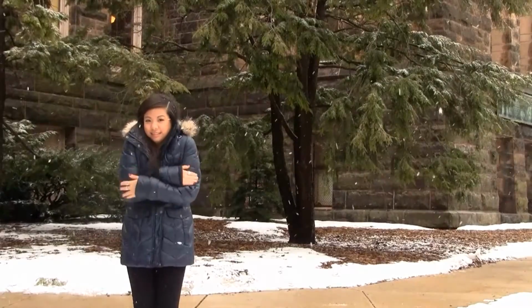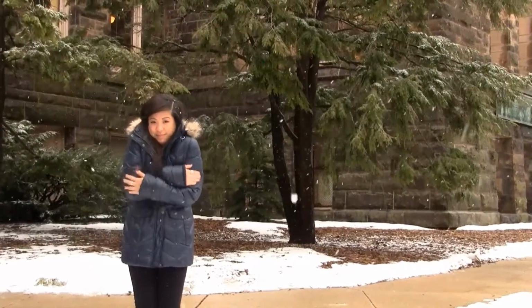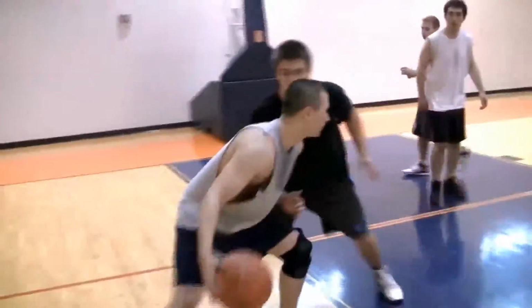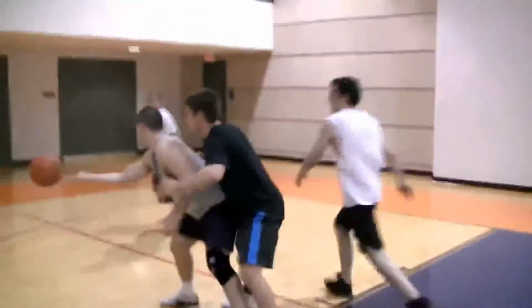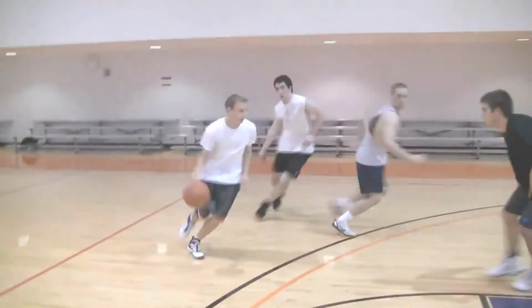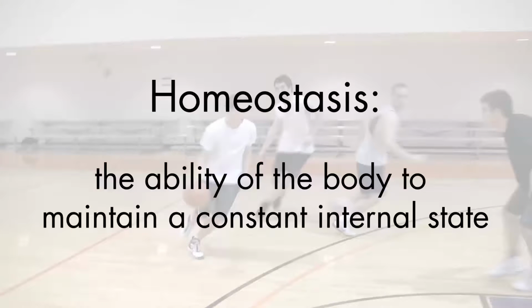Our body is always in flux. When we are cold, our body shivers. When we are hot, our body sweats. Our body engages in these activities to keep our internal temperature constant. This is an example of homeostasis, which is defined as the ability of the body to maintain a constant internal